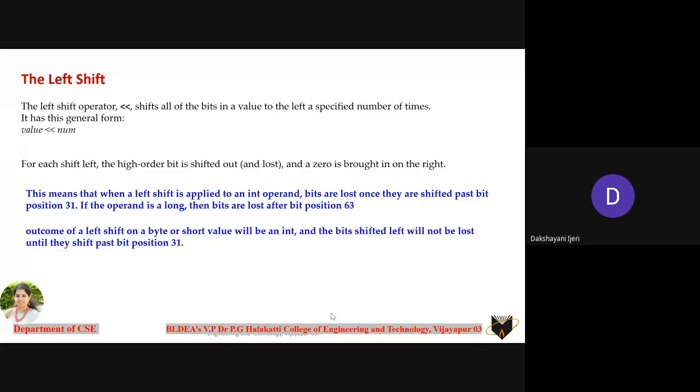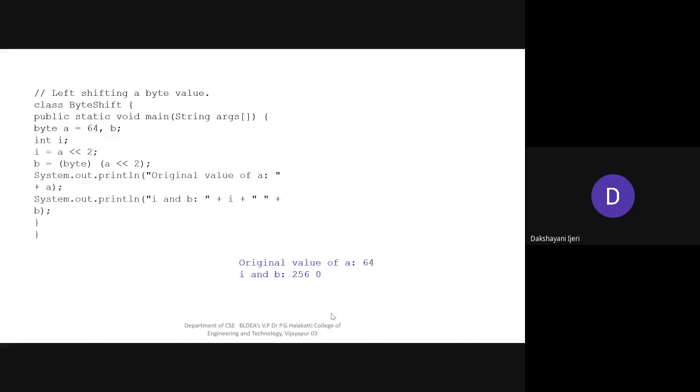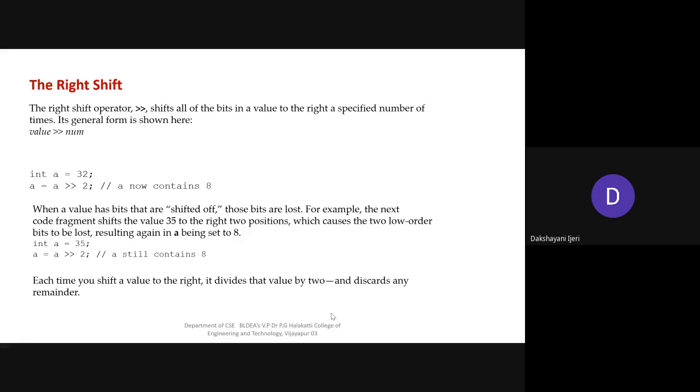Okay, so I have discussed some of the characteristics that you need to follow while doing the left shift. You can see that by doing the left shift, we are going to wave off whatever has been left shifted, and we are going to fill it with 0. But in case of the integer, even though it seems to be waved off, the bits are going to be preserved until and unless it crosses the 32 bits in case of the integer, and the 64 bits in case of the long. Okay, so coming to the next concept, we'll see how we can perform the right shift here.